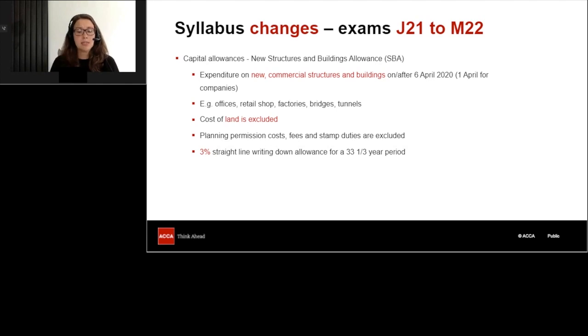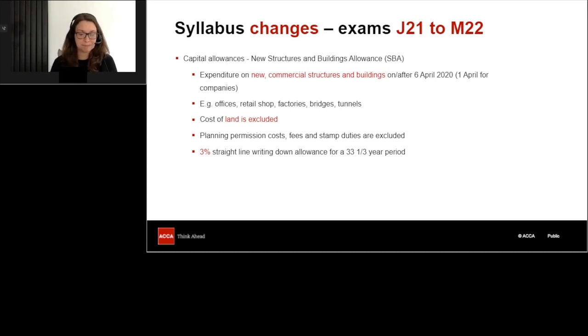So this is going to include things like offices, shops, factories, bridges, tunnels, and so on. These are the types of things that ordinarily don't qualify for plant and machinery allowances, as you know. The building or structure needs to be used for trade purposes or property letting in order to qualify, but you need to be careful to exclude a number of costs from some of the figures you might be given